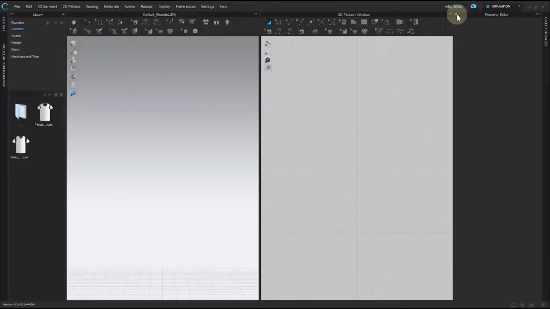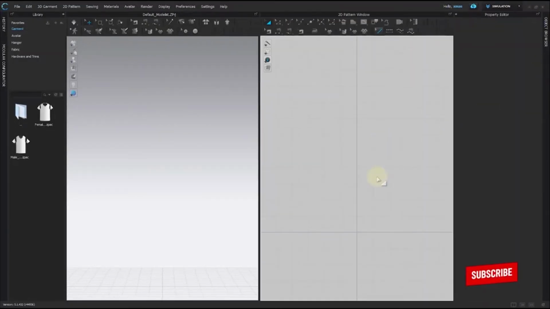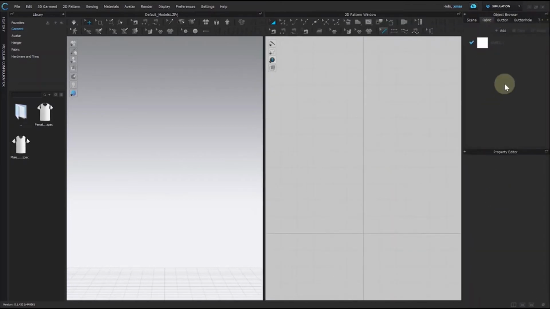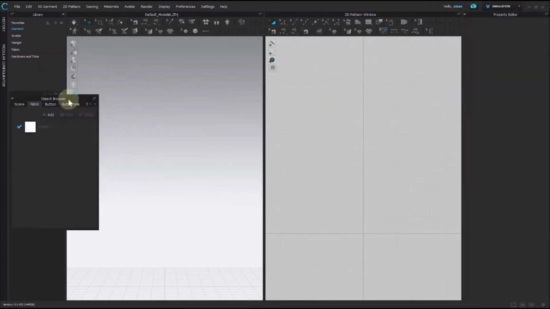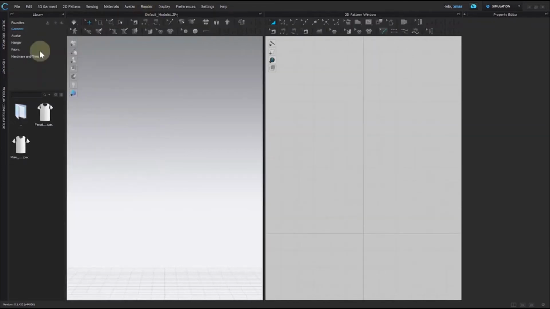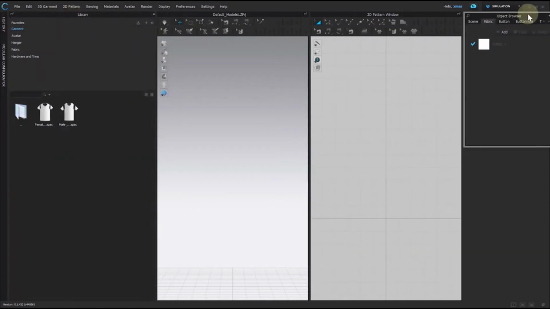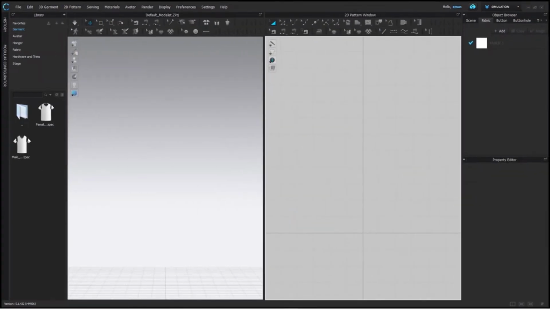Let's collapse this too. We have more space to work now. Open them back. We can detach them too, as we did with the 2D and 3D window, but other than that, it can be merged to the other side, and if we close this, it won't go from where it came from, but it will collapse to the other side. Let's take this back. You can resize every window as you want.